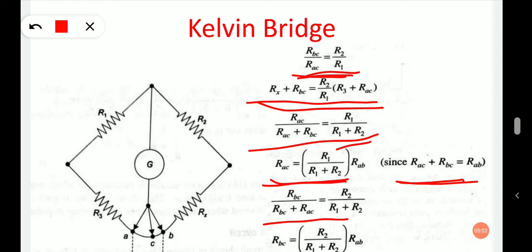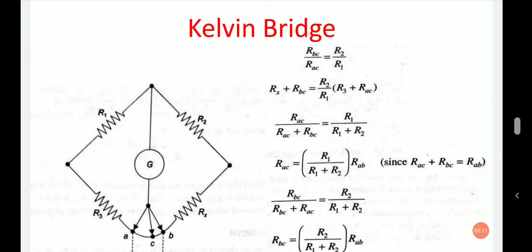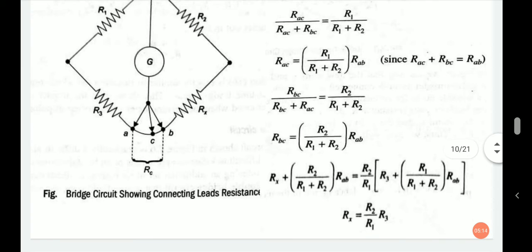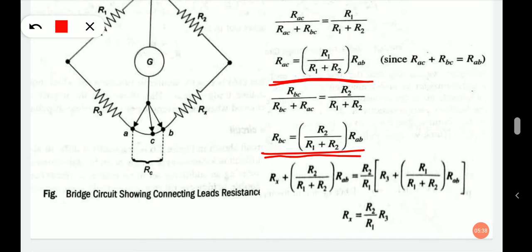So RBC upon RBC plus RAC equals R2 upon R1 plus R2, or we can write RBC equals R2 upon R1 plus R2 into RAB. So if we substitute the values of RAC and RBC from these two equations in the previous equation,